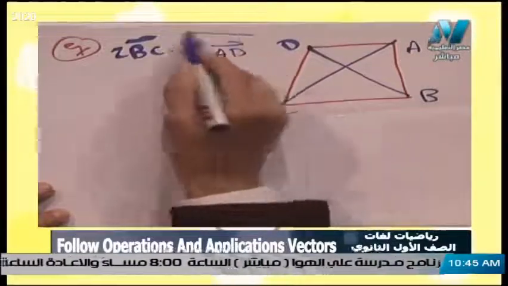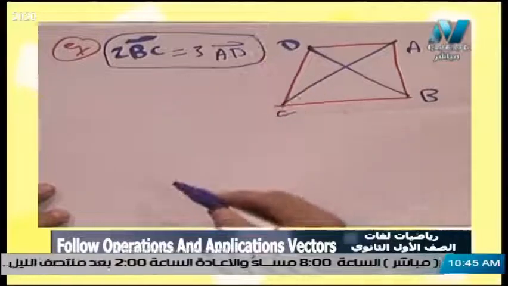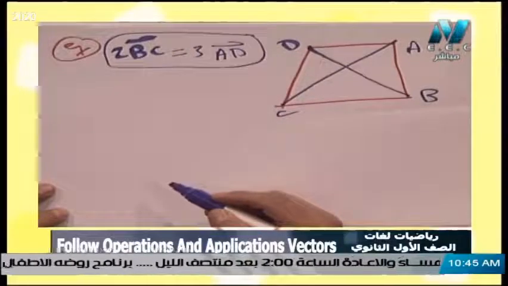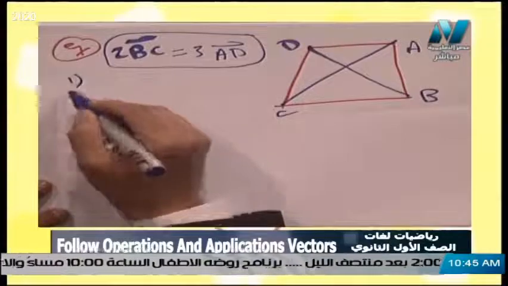So we have a relation here between BC and AD, and the request is to prove that